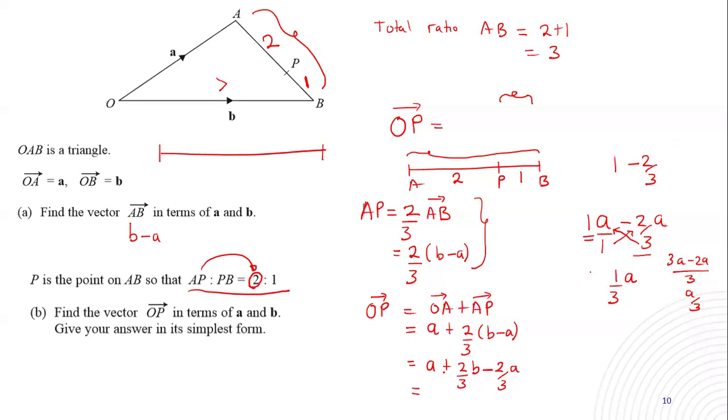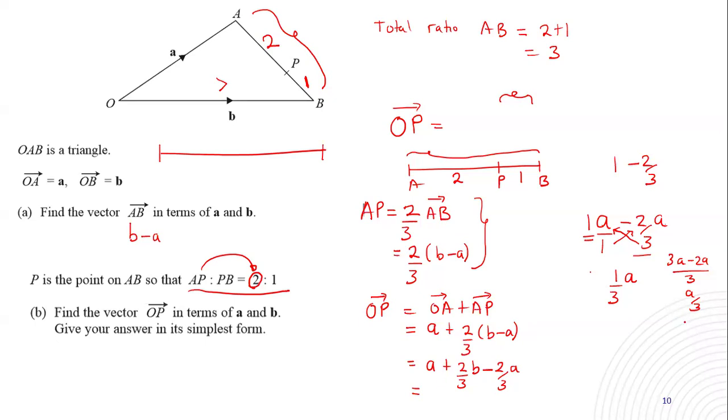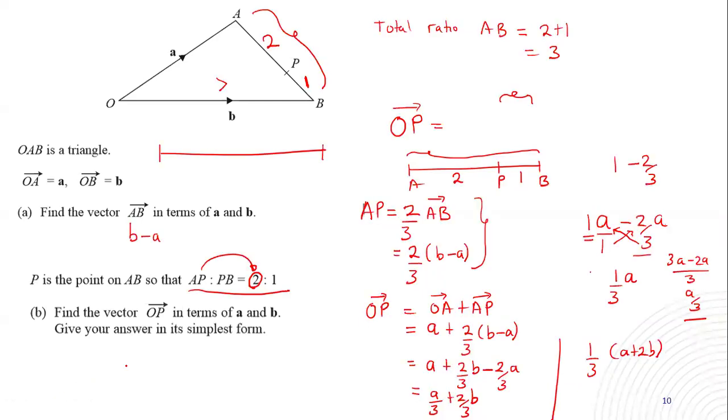Okay, teacher. So here we shall end up with A. You have noticed here we have ended up with A out of the 3 plus 2 out of 3 B. So in your conclusion, since 3 is common, you can say 1 out of 3 into A plus 2B. So that is the answer. Then I know there are some people who have used the other second approach. That is the one I want us to go through together.